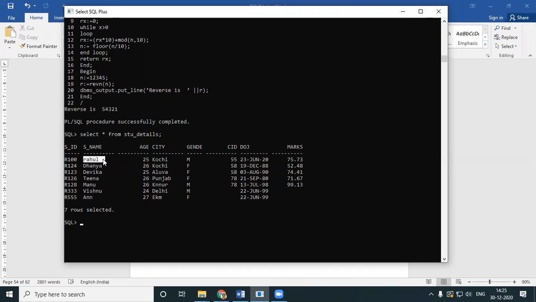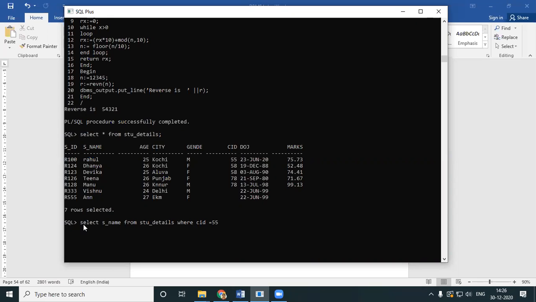So I have a question. Display the reverse of the name of the student whose CID is 55.